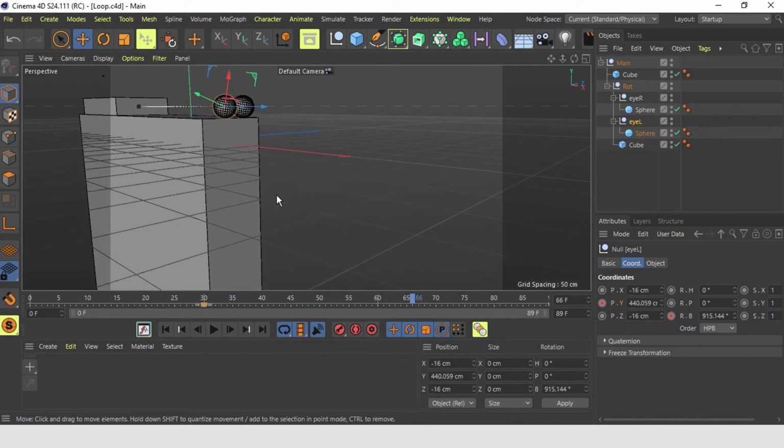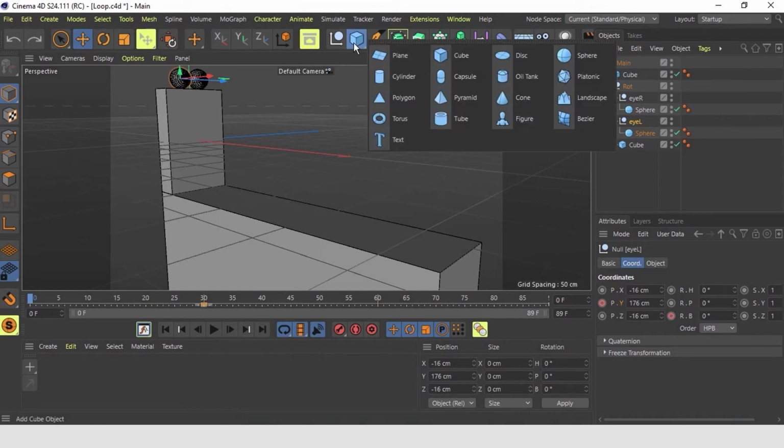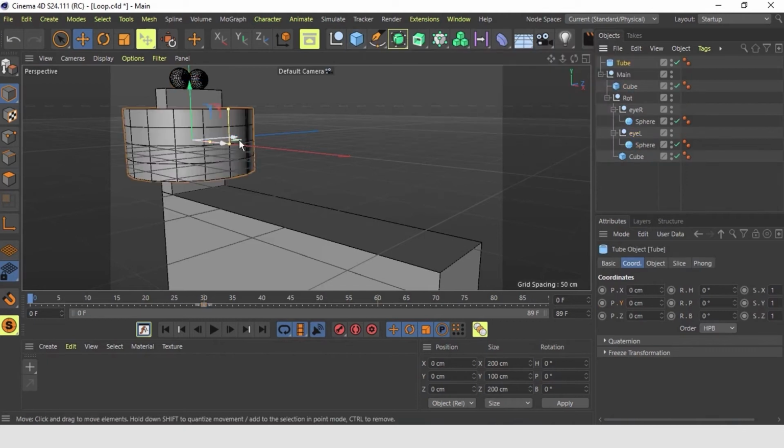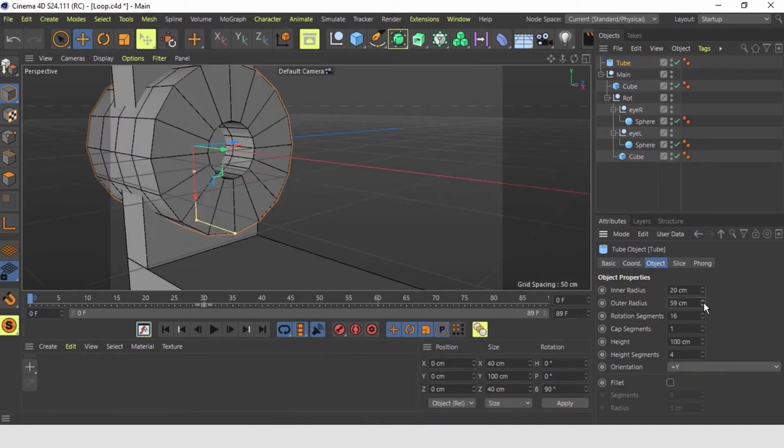Now we are going to tweak the design of our falling down cube. We have our two rolling eyes and our cube falling. Let's go in and straight away add maybe a mouth. So we create a tube and we adjust the settings of inner and outer radius and height.